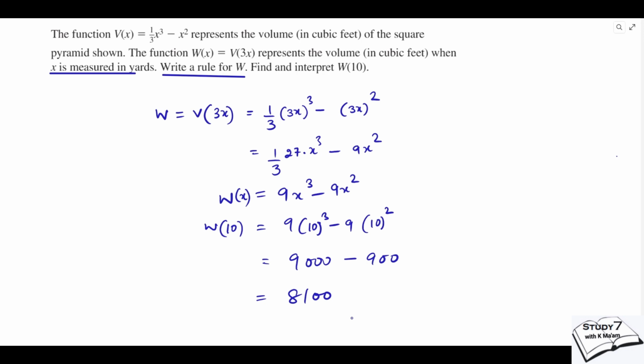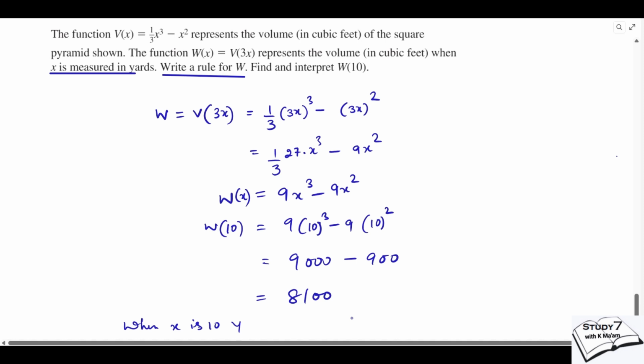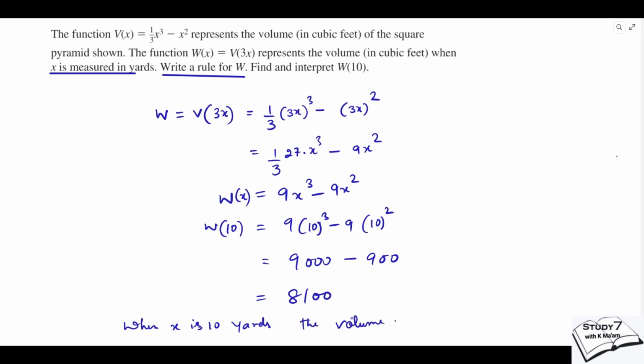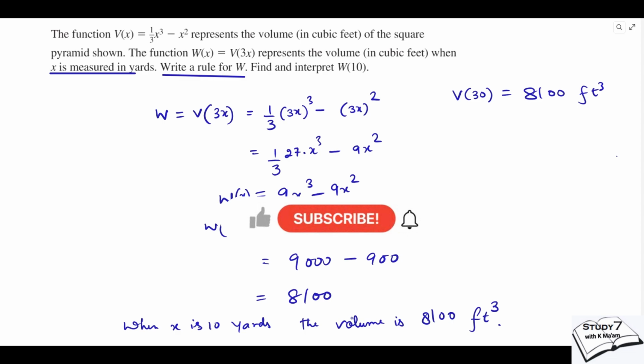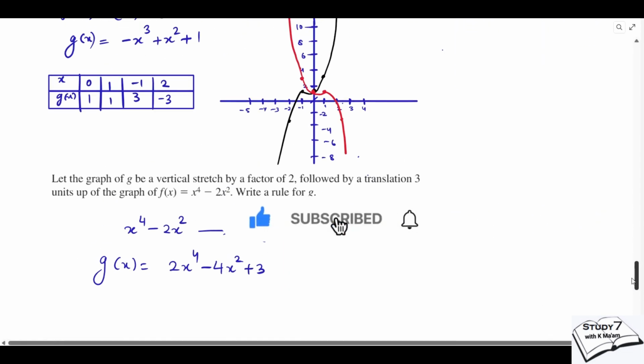So what is the meaning here? When x is 10 yards, the volume is 8100 cubic feet. Okay. Similarly, if you calculate the V value at 30, V at 30 will be the same, 8100 feet cubed. So we are done with this 4.7